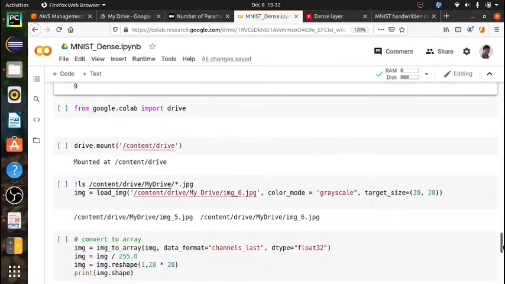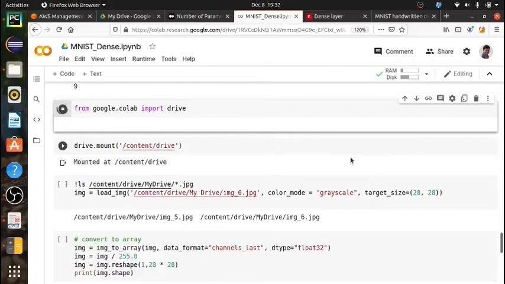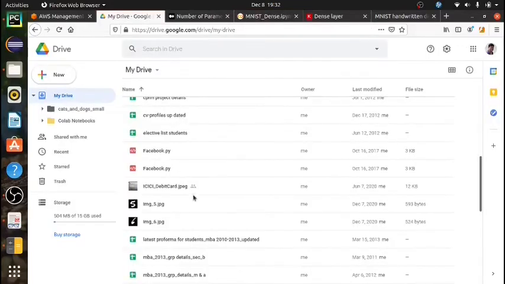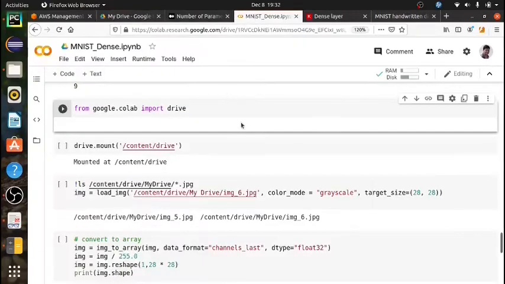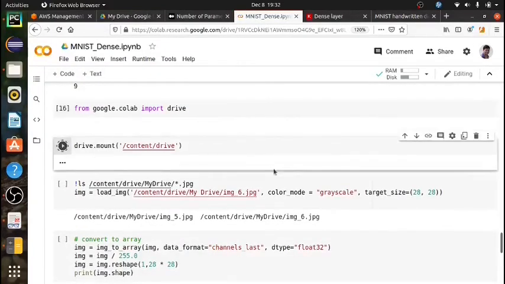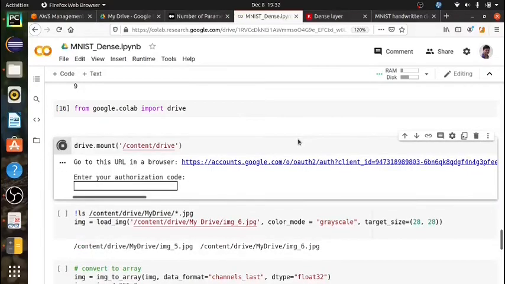Now again there is a different method also. From here you can use any single image. I have stored some images in Google Drive, like image 5, image 6. I can use any of these images to check whether this is correct or not. Okay, so just a minute, I'm just using some Google Colab code.